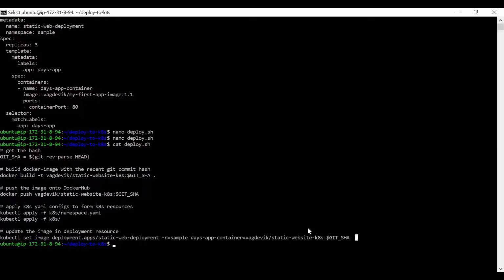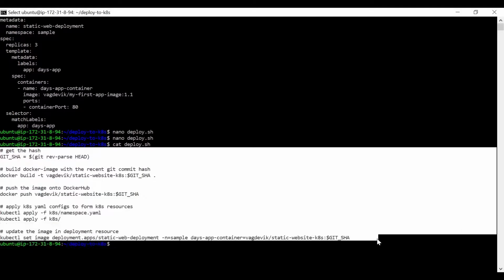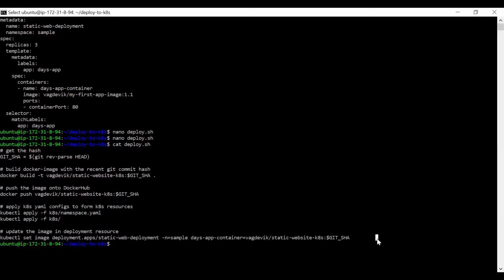So first off, when we go into the GCP console, we will create a Kubernetes cluster, and we will configure the gcloud console to access that cluster. After that, we will pull this updated application GitHub repository from that gcloud console, which is configured to use the Kubernetes cluster. And then we will run this deploy.sh file from there.